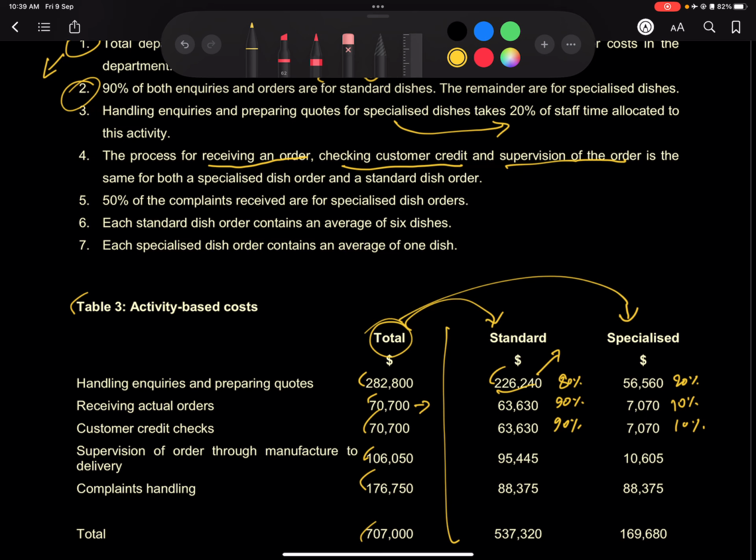But the actual order that you're receiving is basically for standard dish only. So you can't allocate supervision of the order or customer credit for different items. You can't basically allocate it within specialized, because you are getting inquiries for a particular thing that is standard dishes, so it's not for specialized dishes. Okay, so that's why. Next thing, look at the supervision as well. So it's going to be 106050